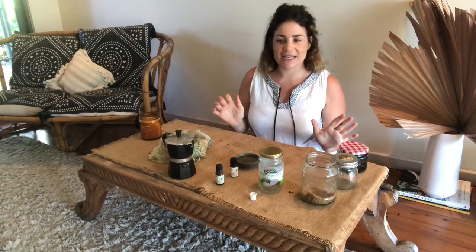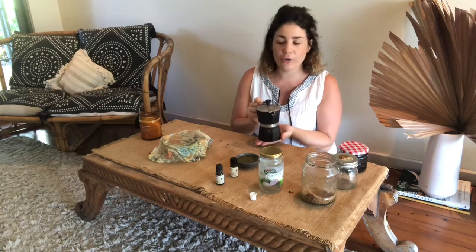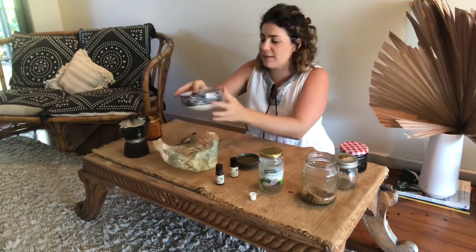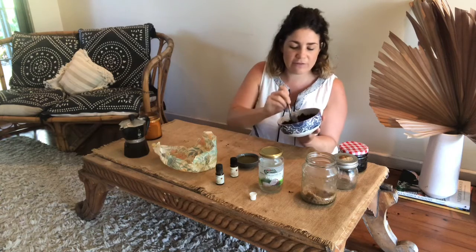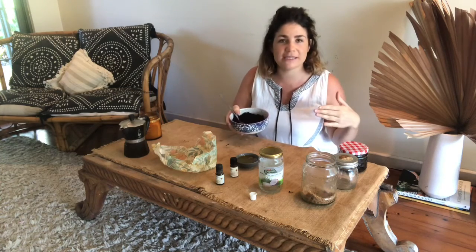So to get us started, what you're going to need is some coffee. If you have a coffee pot or filter coffee at home, you want to start saving that coffee throughout the week in a jar or a bowl. I've been saving some in this bowl in the fridge. Easily just get whoever you're living with to empty it in here at the end of their coffee each morning,